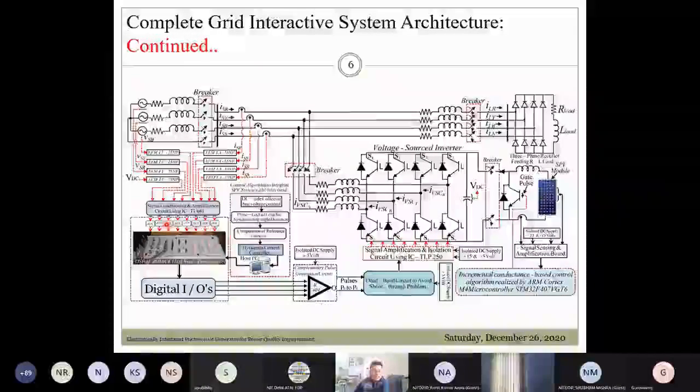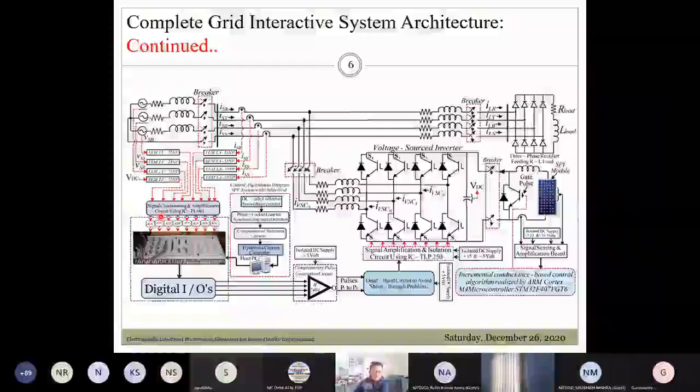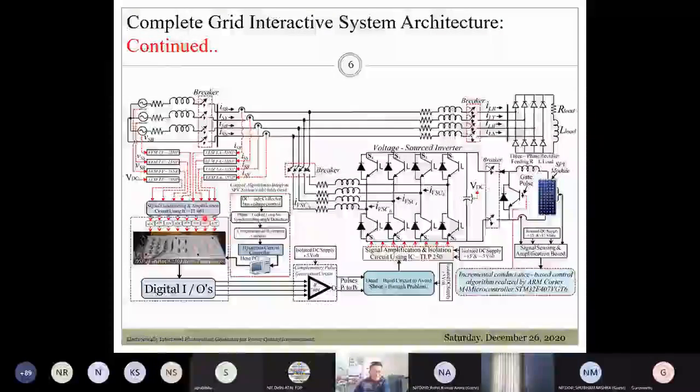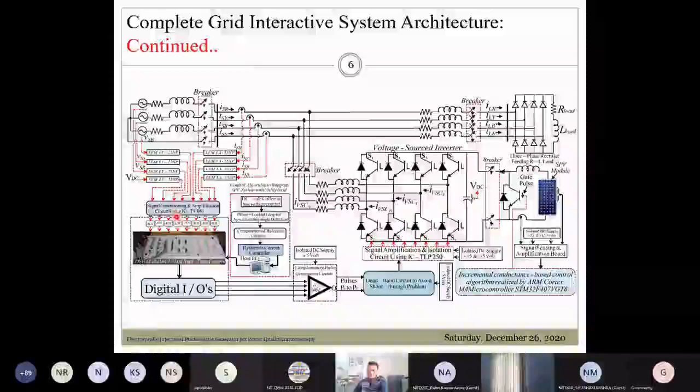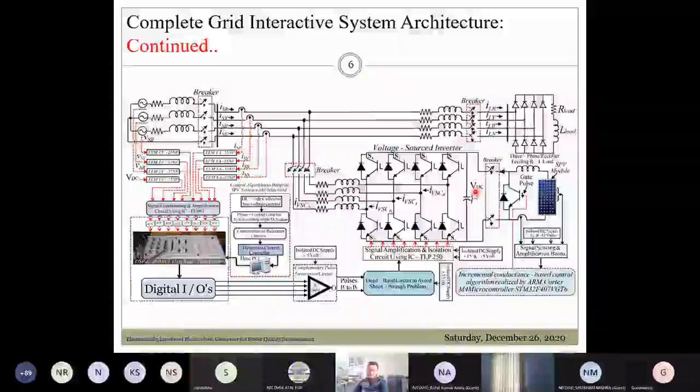So this circuit is primarily responsible for amplifying this signal from millivolts to a certain level. After that, the signals are subsequently assigned to the specific ADCs of the DSpace 1104. So now you have these three-phase instantaneous voltages, three-phase instantaneous currents, and you will sense the DC link voltage. Again, for sensing the DC link voltage, you can use the LEM make LV25 sensor. Again, it will be amplified and applied to a specific ADC.